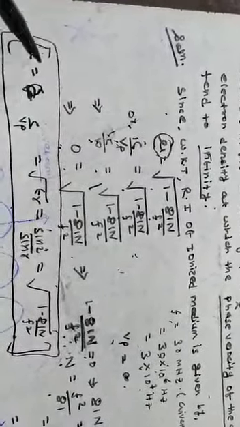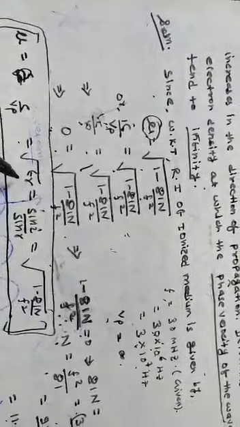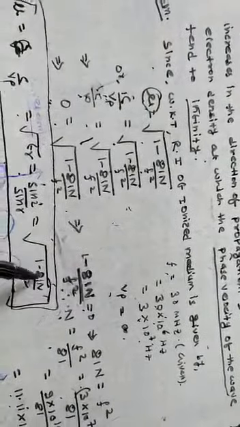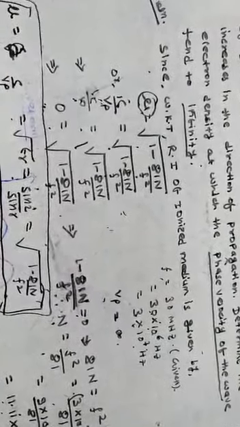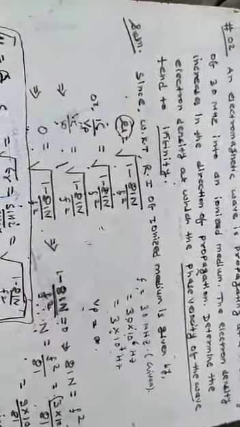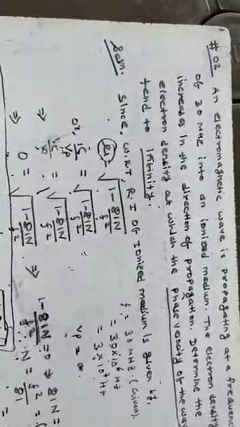What is that? Mu is equal to C upon Vp, which is also equal to root over epsilon R, the dielectric constant, and it is also equal to Snell's law sin i by sin r, which is also equal to root over 1 minus 81N upon f square. So this is the whole derivation. In this way I have discussed the critical frequency questions. In my next class I will also discuss a few numericals.